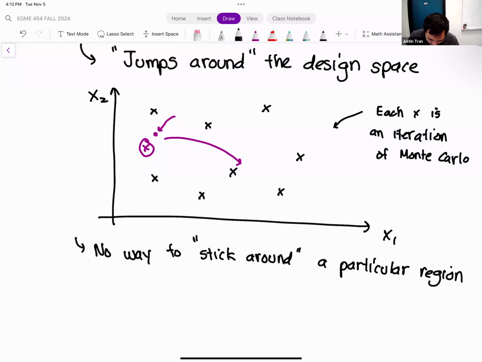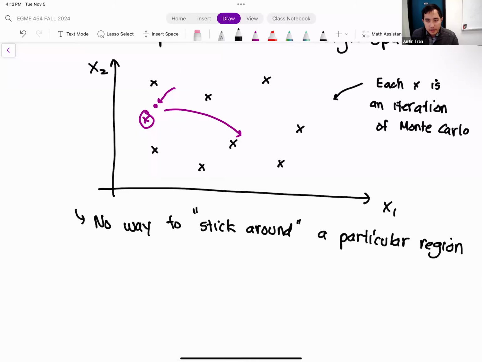Okay. So the idea of random walk is to keep within the same spirit of using randomness to help you converge, but it gets around this problem of jumping away from a good spot.